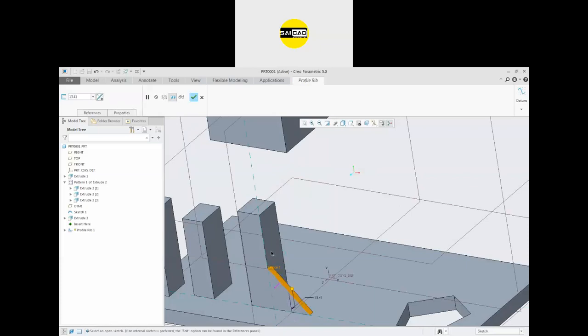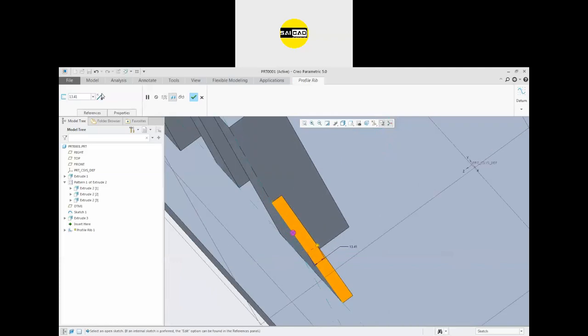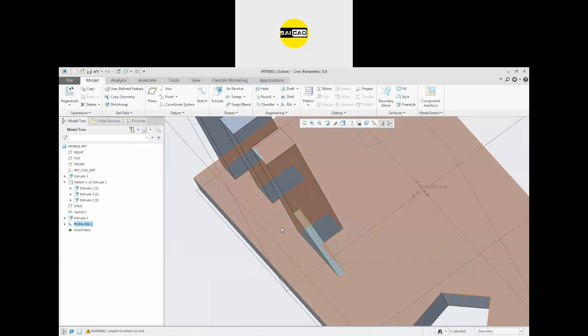I want to create only single side. You can see this can be created. If I create to the other side, you can see there is no material behind this feature. That's why it was not able to create. And here in this direction we have the material. So this is the rib in the profile.